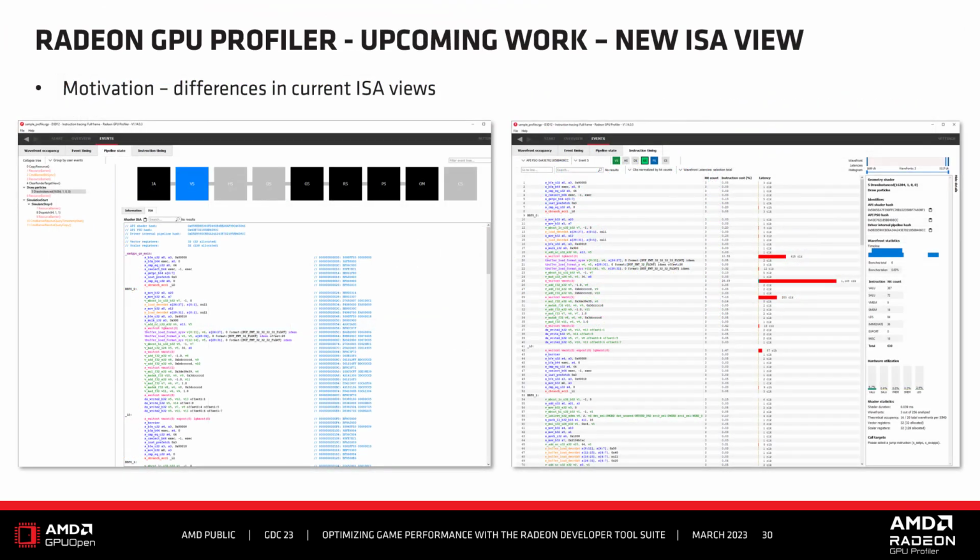The last thing in RGP I want to talk about is an upcoming overhaul of the UIs that show disassembled ISA instructions. As you may be aware, there are two places in RGP where we show shader ISA disassembly, the pipeline state pane and the instruction timing pane. And while the two views are similar, there are some subtle differences in the way ISA is presented to the user.